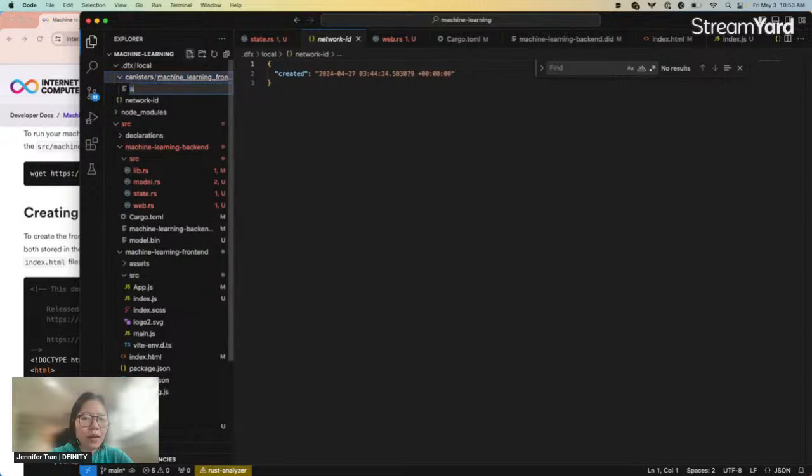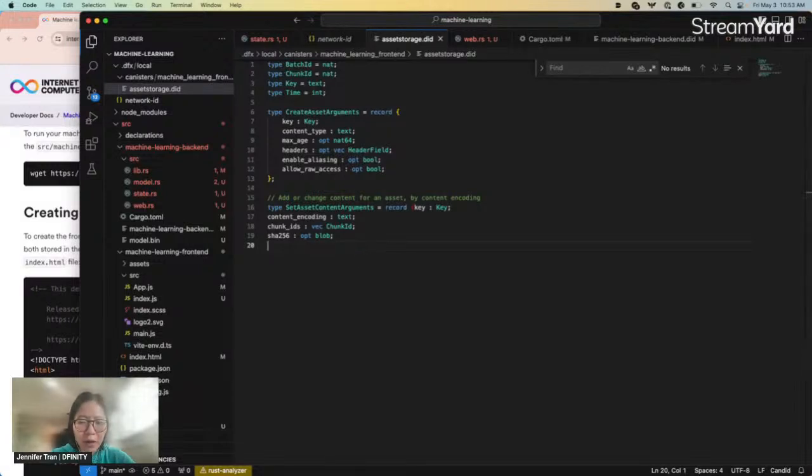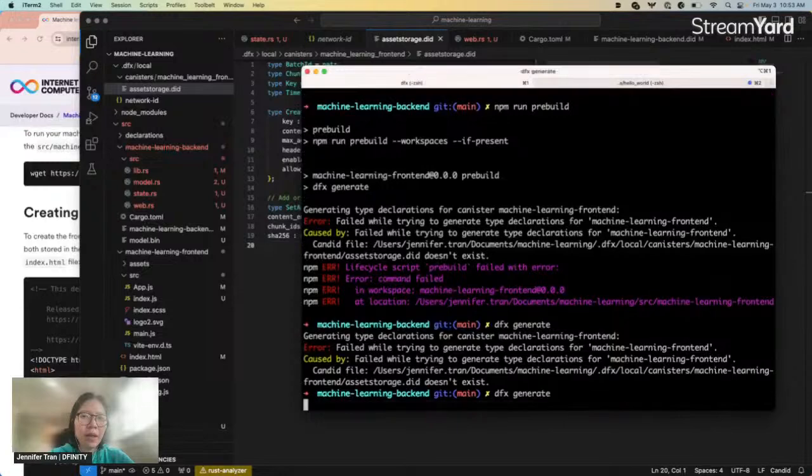And then it needed an asset storage dot did. Not sure why it didn't automatically create this. I have to double check on this. But then hopefully this should work.